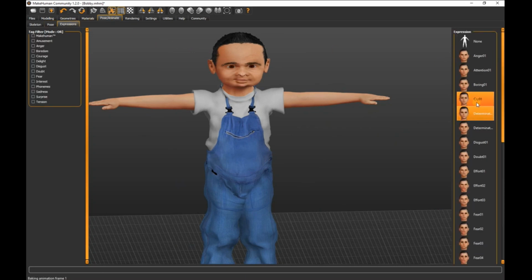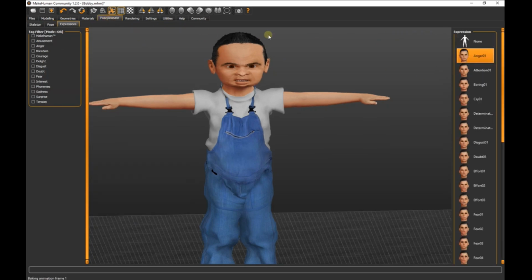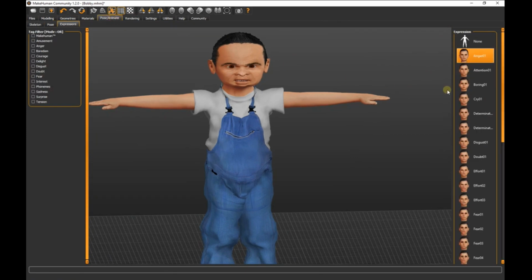So as you can see, you can put different facial expressions on here, or you could do the facial expressions by hand by changing the face with the eye settings in the modeling panel under face and change it in there. So we're just going to export 4 different models with different expressions on their face. Angry one, sad one,